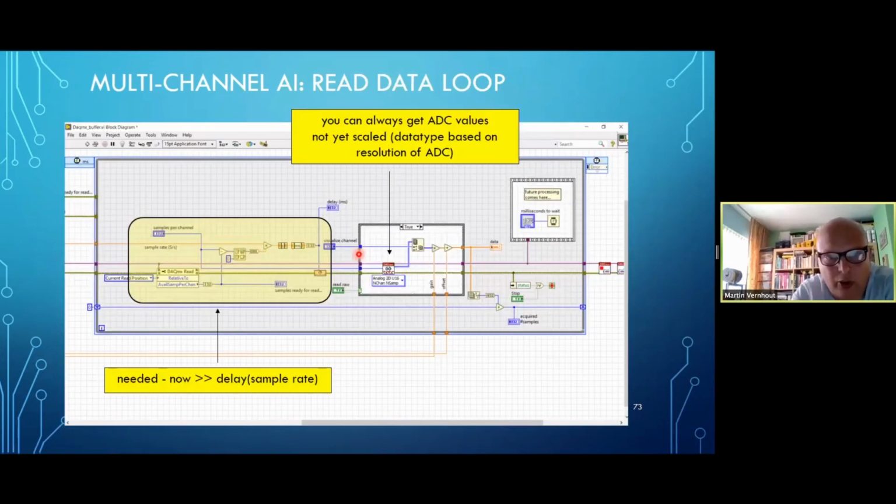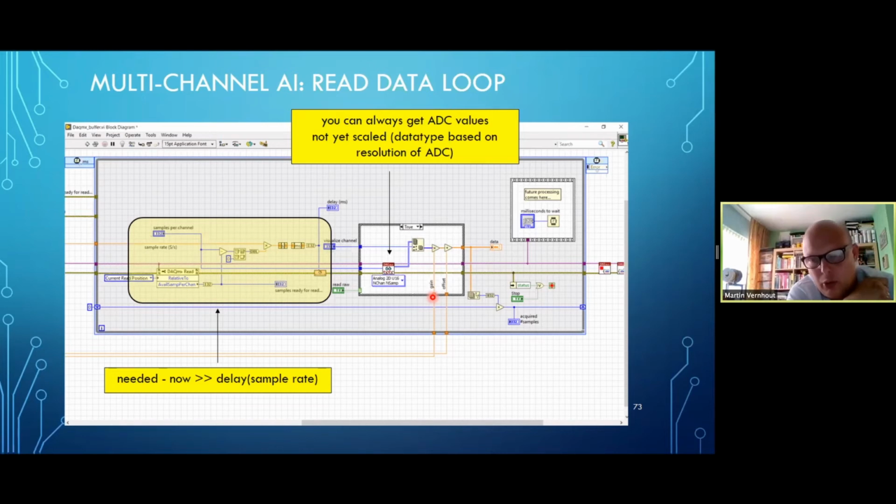If we are collecting data, we check how much data is there. We can calculate how much we need to delay for the rest of the data to get digitized. Then we simply read it and do something with it. In this case, we just print it on the screen, make a graph out of it, and loop continuously, because the moment we start acquiring data, you probably want to read it as fast or faster than it becomes available.